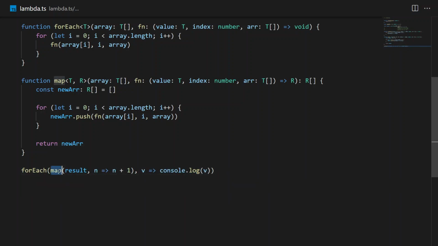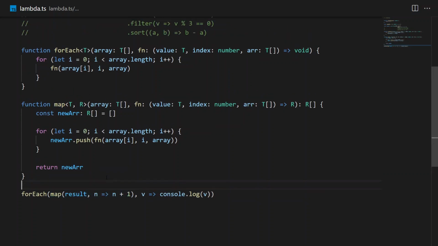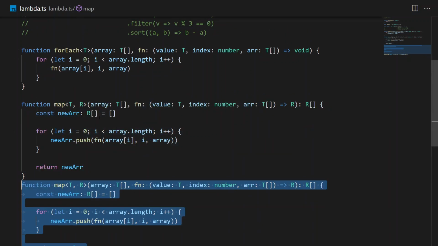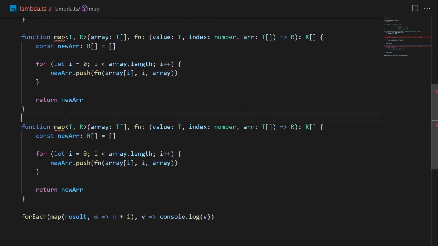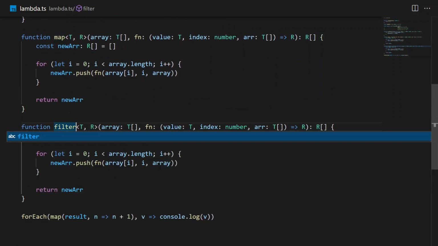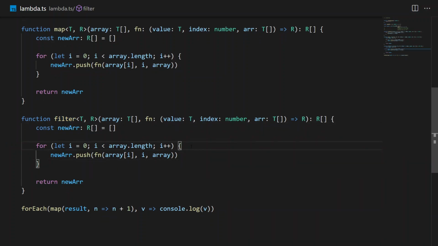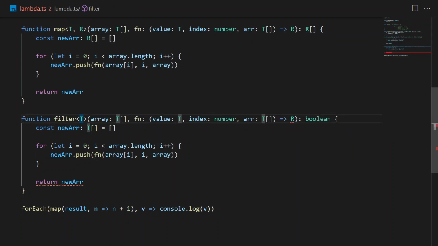And the third one that I would write is the filter function. What the filter function does is it takes this function and it returns a boolean. So do you want this element to be inside this array or not? And it'll have the exact same concept where you're creating a new array, but rather than having some new result, it would be the exact same